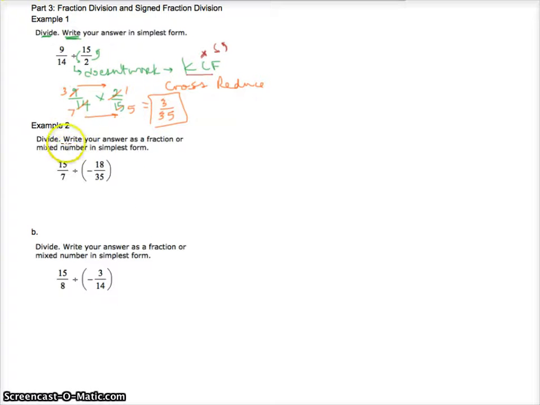Let's look at example 2. Write your answer as a fraction or mixed number in simplest form. 15 over 7 divided by 18 over 35. Oh no, negative 18 over 35. There are those pesky negatives. So here's what we're going to do. We're going to keep, we're going to change, and we're going to flip. So this is going to be 15 over 7